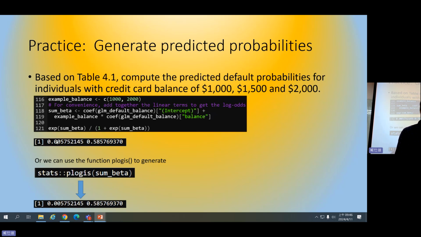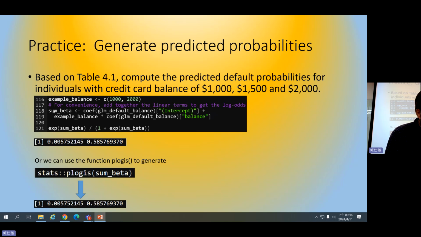Here I just show you a slice of the codes, but you can try by yourself.